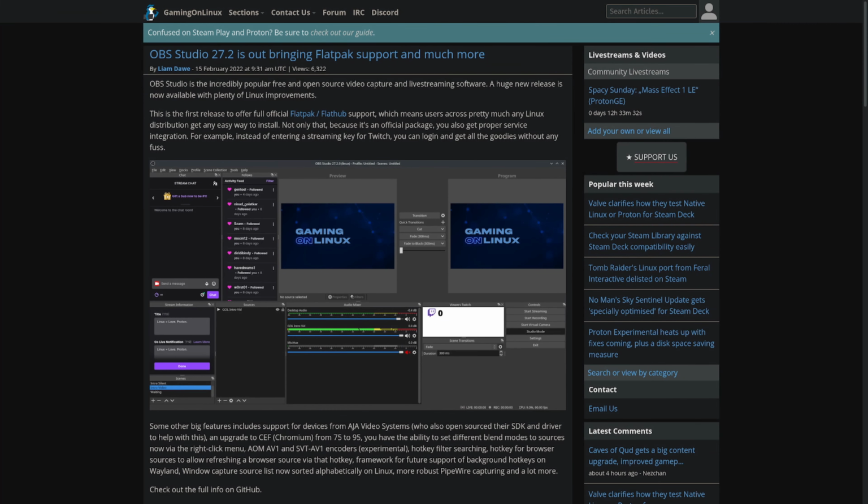Speaking of streaming, next up we have OBS Studio. OBS Studio is a very popular recording software used by many streamers and content creators. OBS Studio has been available on Linux for a long time now, but now they're going to have official support for Flatpak, which is increasingly becoming a popular option to download apps for Linux. With the latest update of 27.2, OBS Studio themselves is officially maintaining the Flatpak version, allowing for a much better